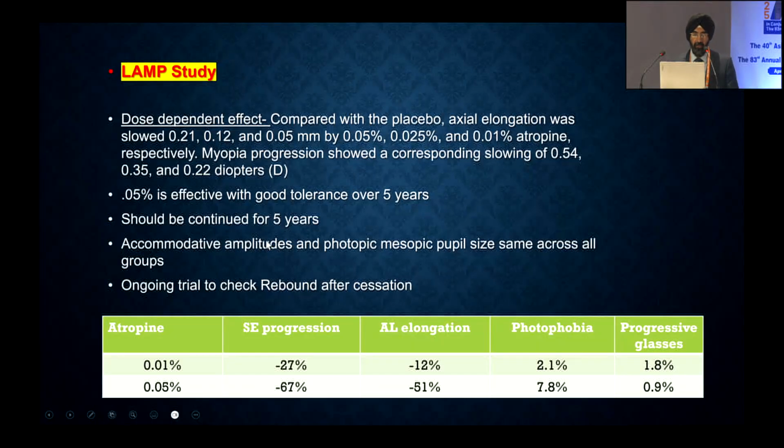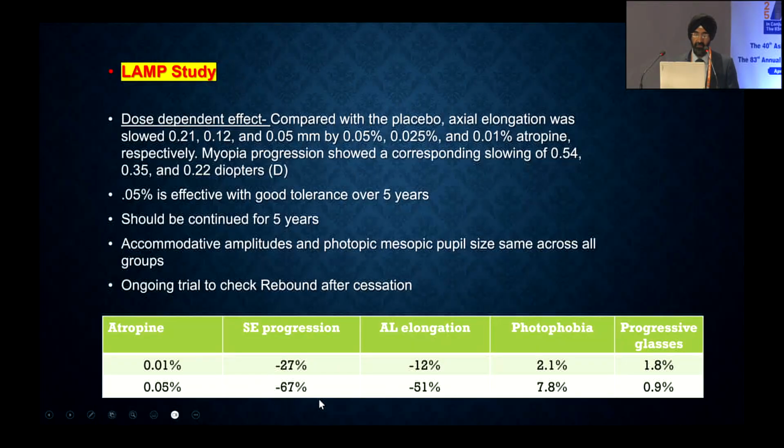The accommodative amplitudes and the photopic mesopic pupil size were the same across all the groups. Now, they probably have an ongoing trial to check what really happens once you stop it. So that's going to be a big question, and we can have comments from Jason after this talk on what's really going on. So between the lower and the higher concentration, the spherical equivalent progression was stopped by almost